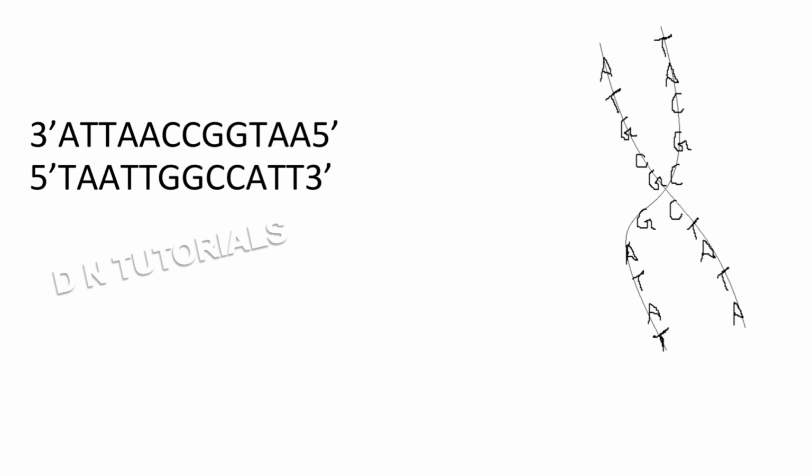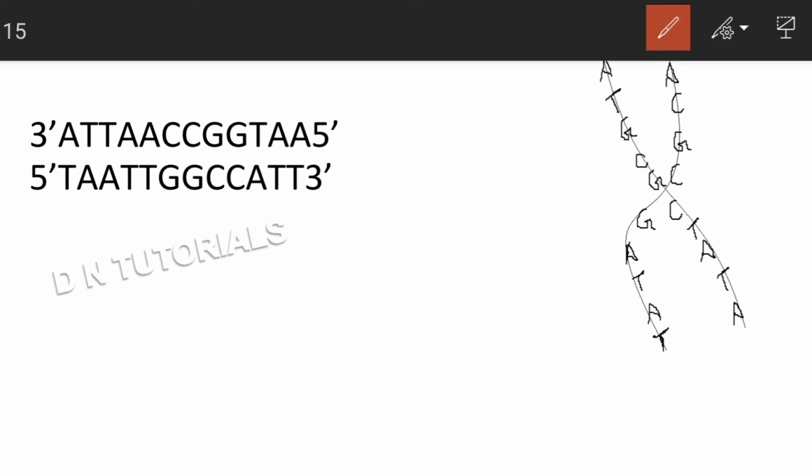If we see that DNA is a double helical structure, the 2 strands of DNA are complementary to each other. So if this one single strand of DNA has a sequence of bases, that is ATTACCGGTAA. Right? So the exactly complementary strand would be: A is going to pair up with T, T with A, again T with A. So you can see there is no change. Always adenine is going to pair with thymine, and cytosine is going to pair up with guanine. It is not going to change ever. That is why we say that the 2 strands of DNA are complementary to each other.